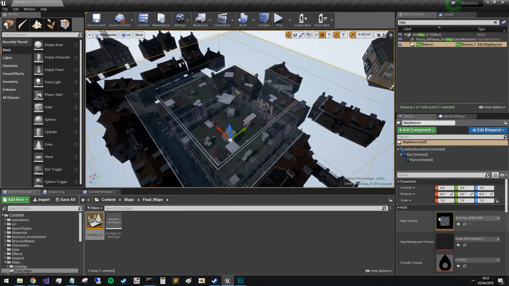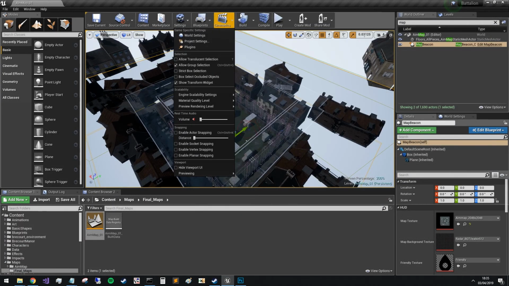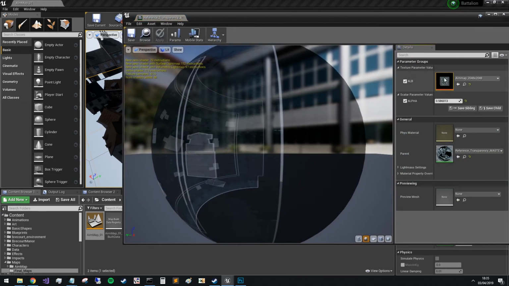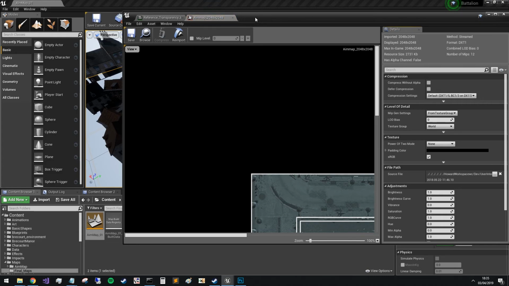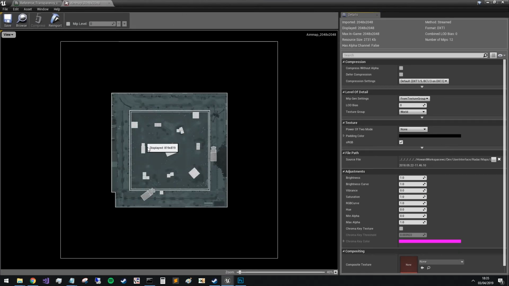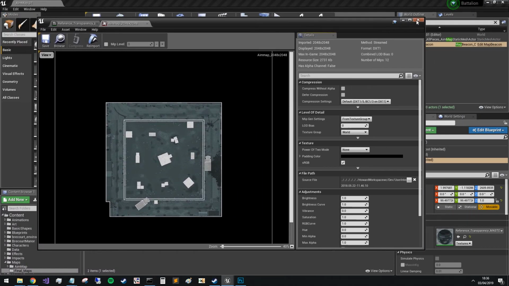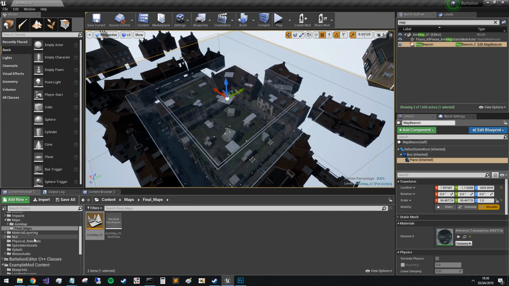Okay, so in this one you can see that the actual thing that affects it is the plane, and the material we have under the plane is the aim map. That's the texture that we use. So you can see how it looks pretty much like our aim map, except we've highlighted and made certain things more visible, with an edging around certain objects to make them jump out at you and give them a bit more definition. So if I go back to the Kevs mod,